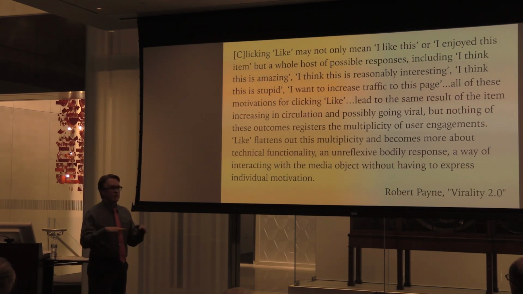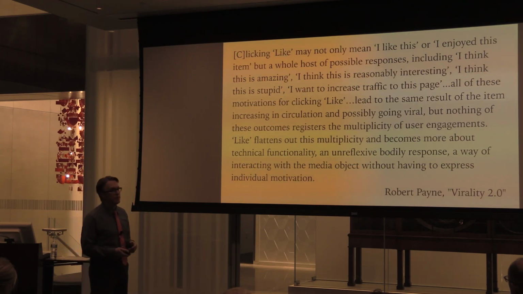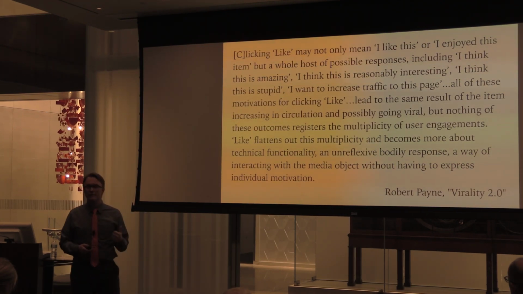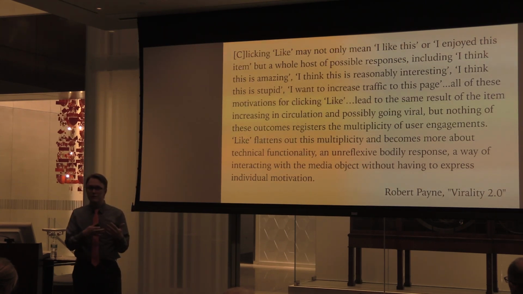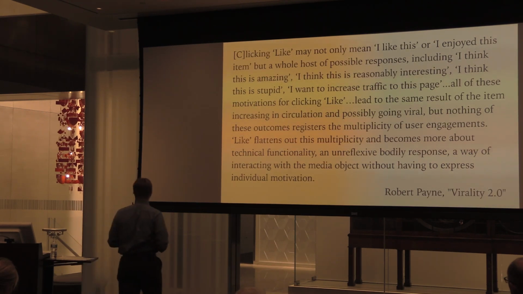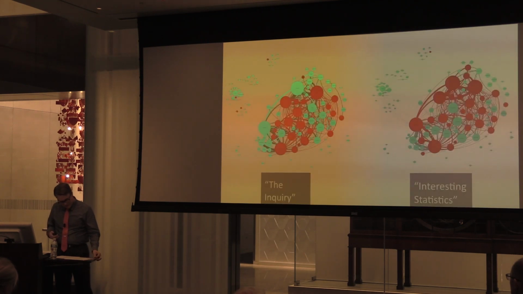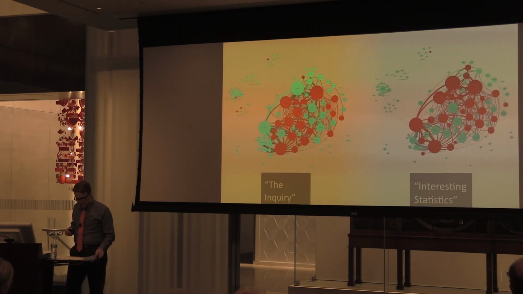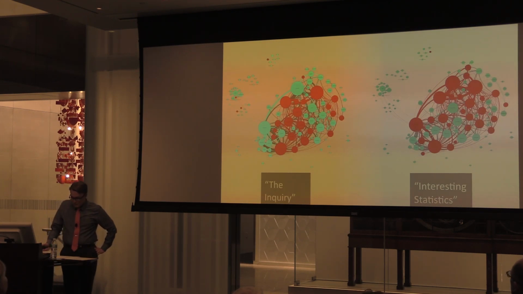And so he actually calls the like button a flat signal, that it's a binary choice, and the platform only allows you that binary choice. And in some ways, reprinting is very similarly a flat signal. We know it was reprinted or not. Sometimes we have a little bit of editorial information to say why, but usually we don't, right? So a lot of this is inference. So a network view of textual sharing opens up some possibilities for comparison between and among individual viral texts.